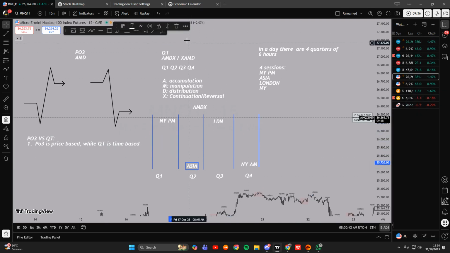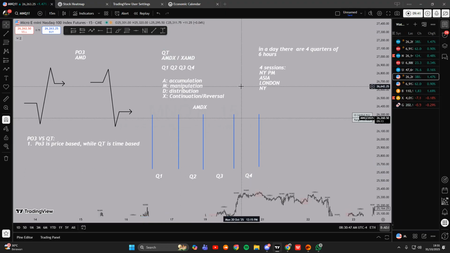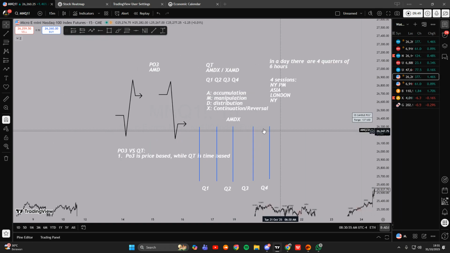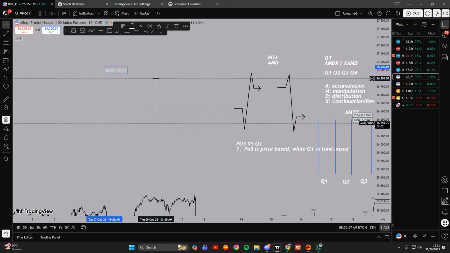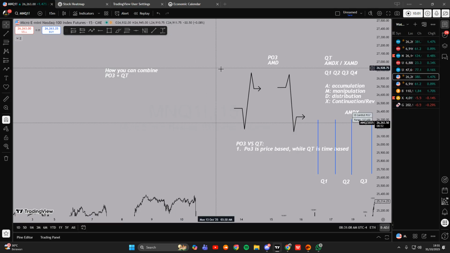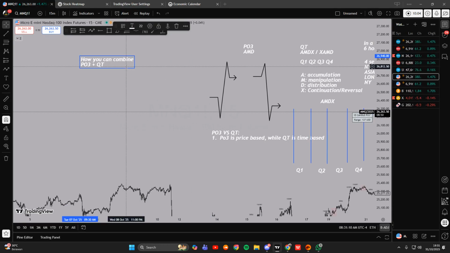So how I implement quarterly theory with my strategy, I actually implement it with PO3. So how you can combine PO3 plus quarterly theory. Actually, I might make another video on this. But once you combine PO3 plus quarterly theory,